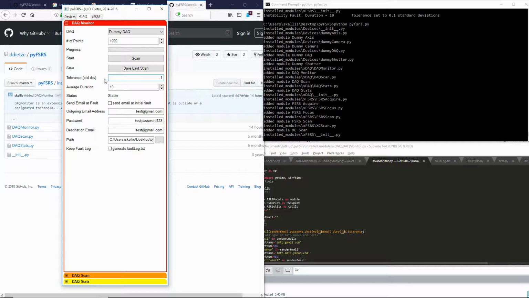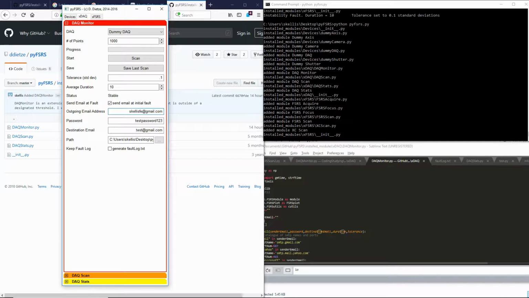So here we've set the tolerance very low so that it will report faults. But if you set this too high, then it would take wild fluctuations in your instrument measurement to report a fault. And so this module reports a fault in two ways. The first way is it can send you an email when the fault is activated. And so what this means is you can go get a cup of coffee while your measurement is running, and as long as it's fine, it will run smoothly,